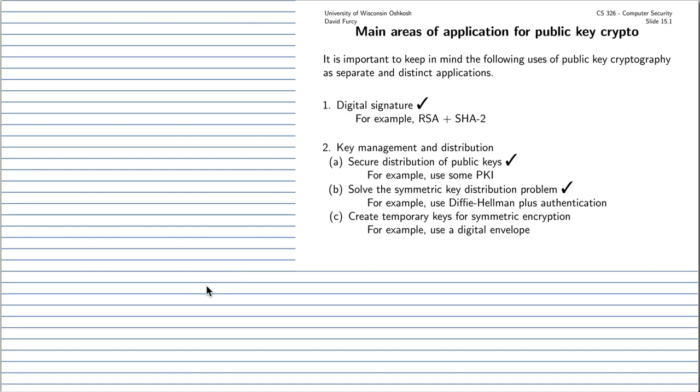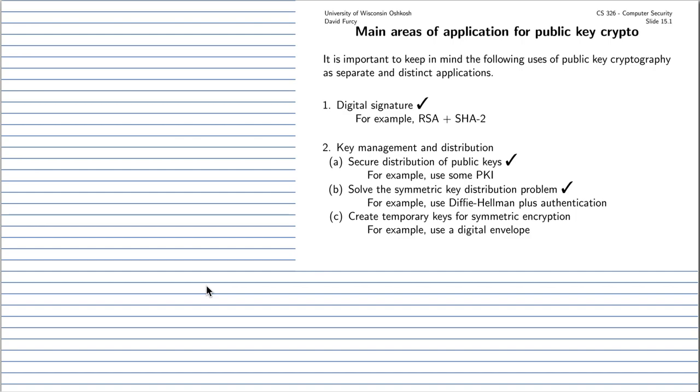Hello and welcome to this first video in our lecture on digital envelopes and pseudo-random number generators. First, I want to review some of the applications of public key crypto systems that we have discussed already in